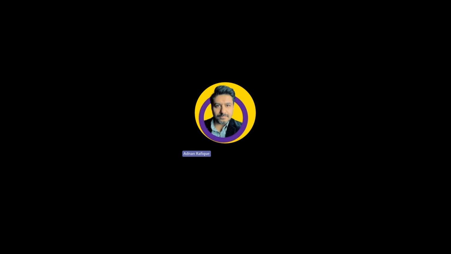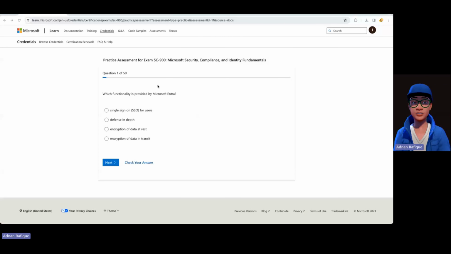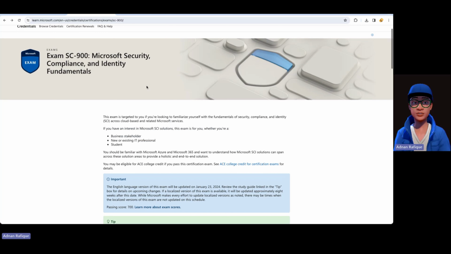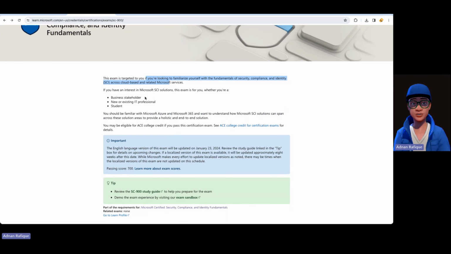All right, so before we get into practicing this exam question available on Microsoft, this is for security and compliance. And here is the exam, SC-900, Microsoft Security, Compliance, and Identity Fundamentals. This is targeted for people who have some basic knowledge, people coming from business, stakeholders, new or existing IT professionals